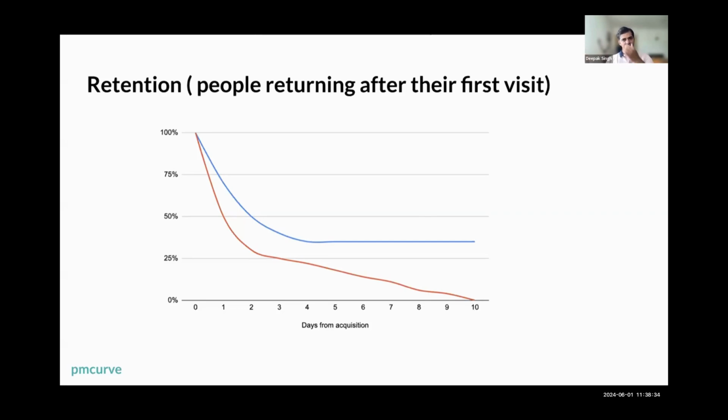And this happened with Signal, right? So Signal, like Elon Musk tweeted, and a lot of people went to Signal. And then most of them actually moved out of Signal over time because they could not put their network there. And in the absence of their network, they could not be retained there because there were limited use cases. So that's basically it: flattened retention is the measure of true PMF in the case of frequent products.